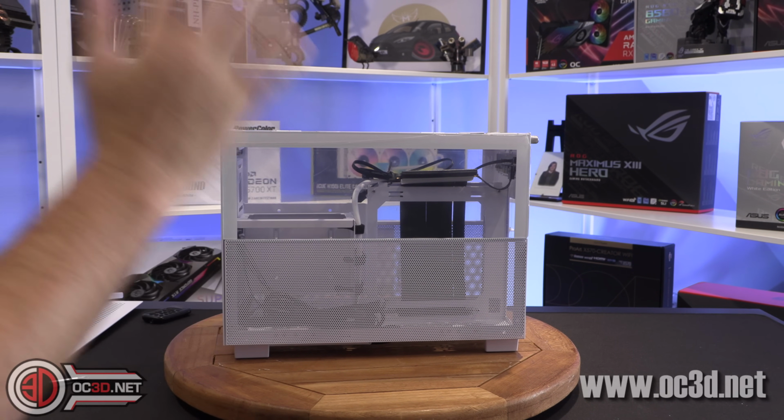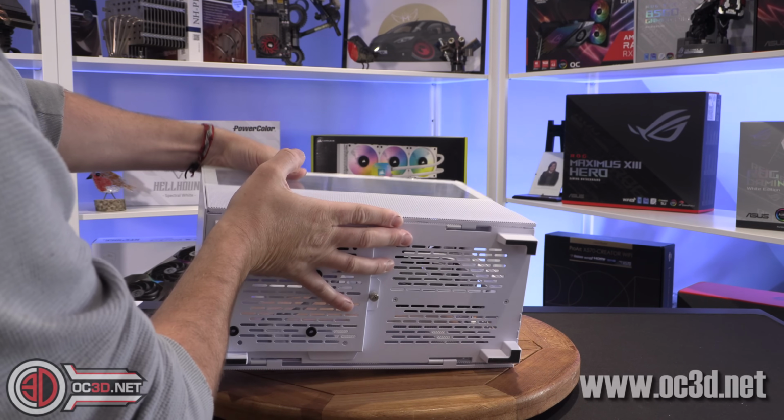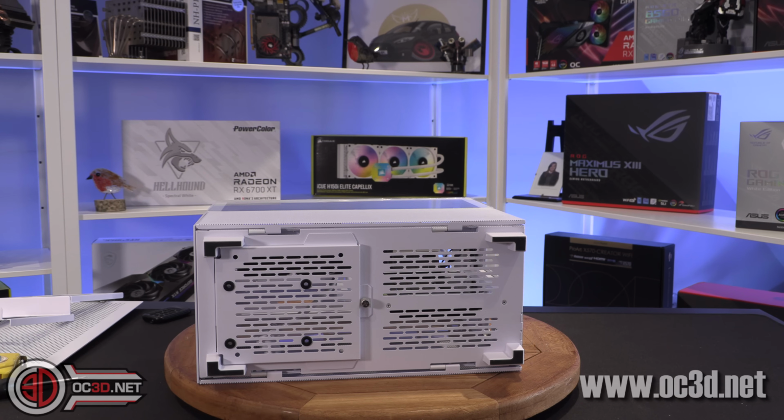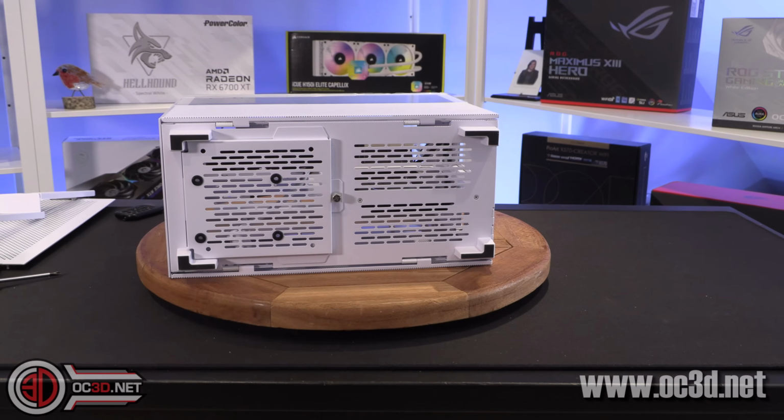Now we've not spoken about intake, but on the bottom down here there is this little removable panel, and the little removable panel has,